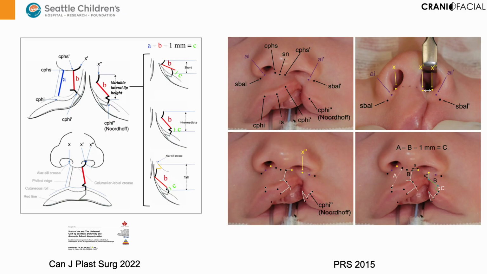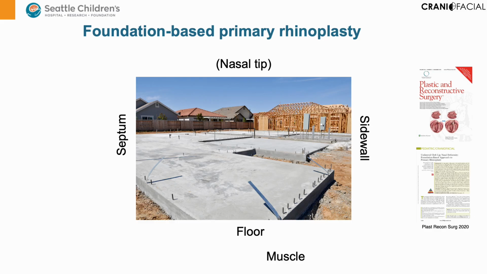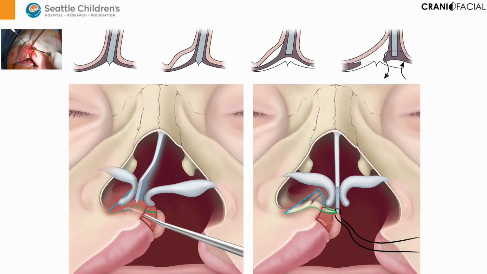And so what do I do? I use a fissure repair. I really like this repair. In particular, it helps to identify points of closure along the nasal sill that are going to produce the nose that we want. I use what's been called a foundation-based primary rhinoplasty. It's effectively the idea of focusing on the septum, the sidewall, the floor, and the muscle to correct the nasal deformity. I do a primary caudal septal repositioning,